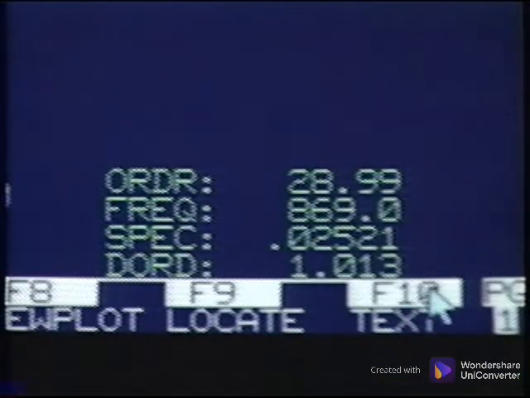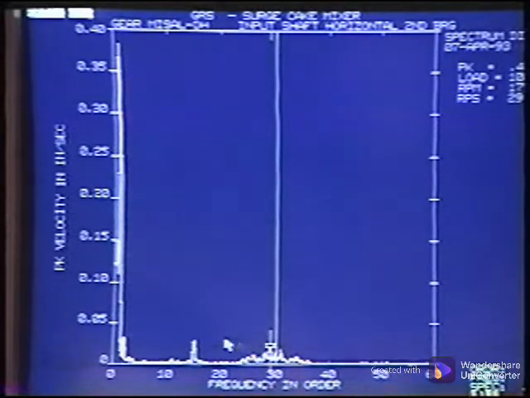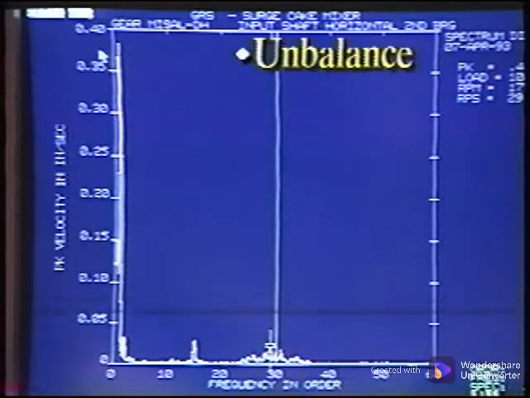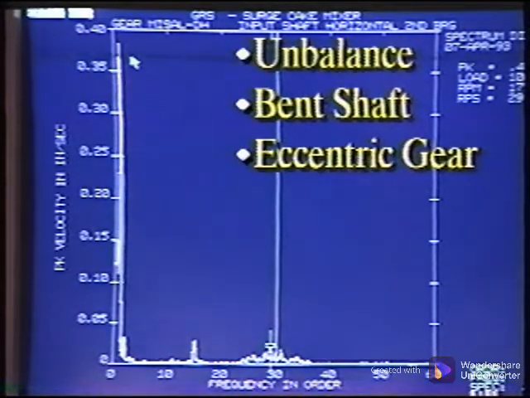We see that they are side bands equal to the speed of the input shaft. The 1 times shaft turning speed peak is quite high in the spectrum. It could indicate unbalance, a bent or eccentric shaft, or, like